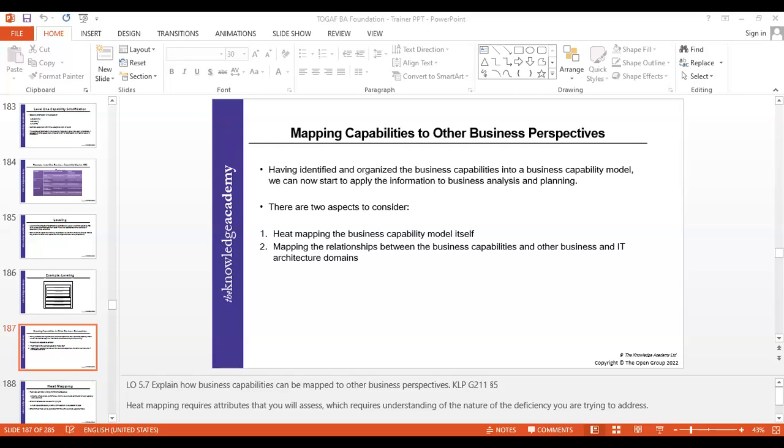So here, if you look at that, this provides a process-oriented view of executing the ADM. Having identified the organization, the business capability, and the business capability model, we can now start to apply the information to business analysis and planning. There are two aspects of planning. Mapping the relation between the... Got it. Now, next one.